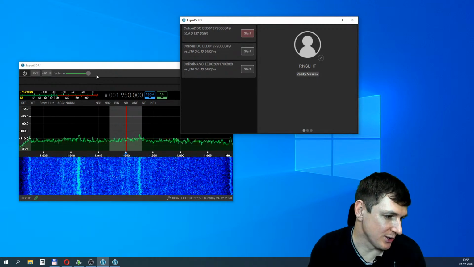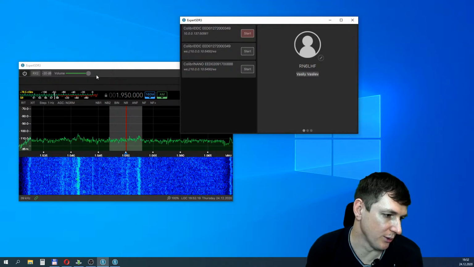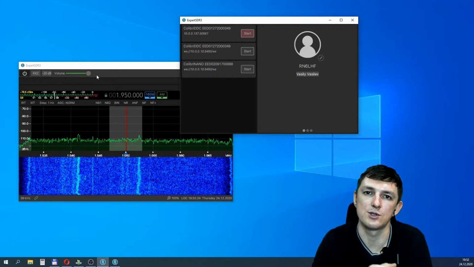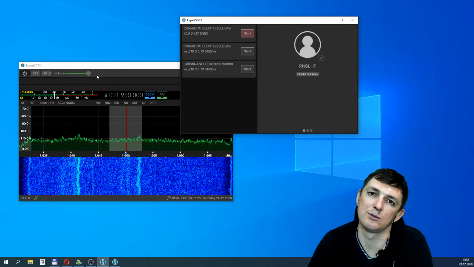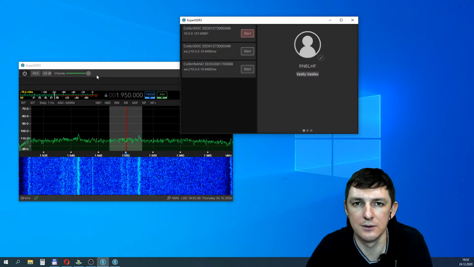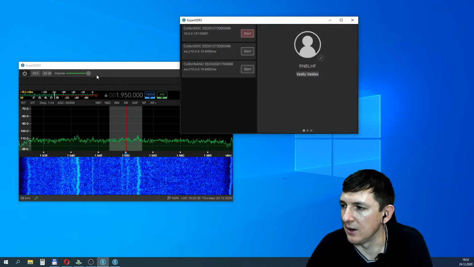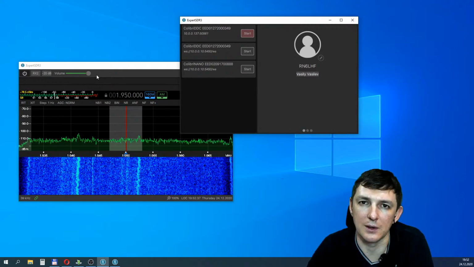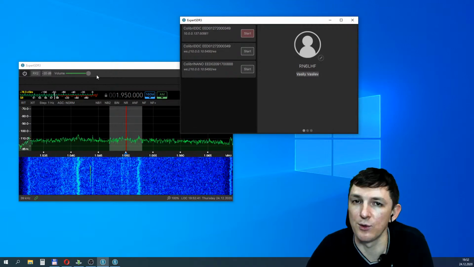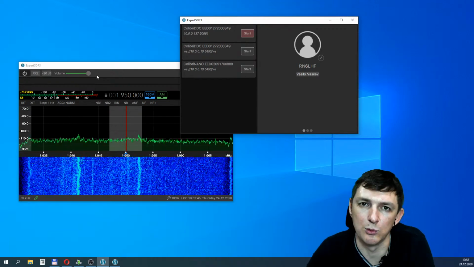Will you use a new firmware with Expert SDR 3 or is it the same as existing now? For the first beta version, it will be the old firmware which is used for Expert SDR 2 now, but our programmers are working on a new firmware with a full duplex mode.